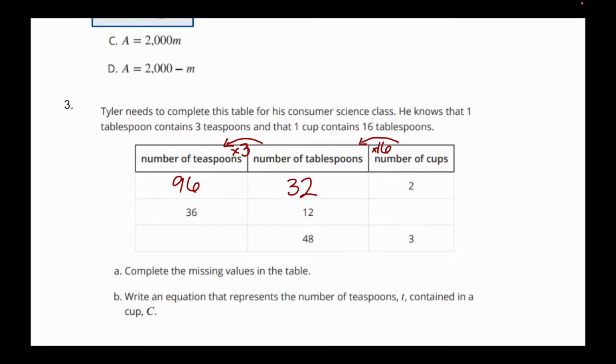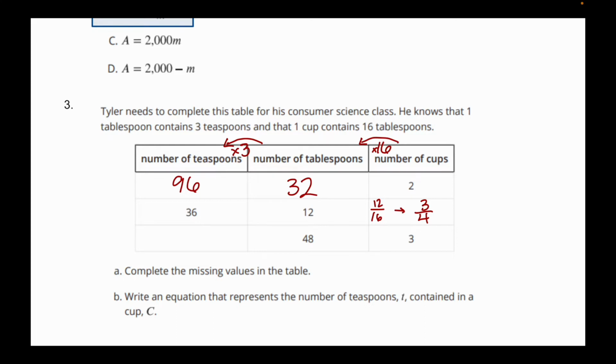Now for our next row, we have these ones, so we can check, is it dividing by 3 to get to our column to the right? It is. So we want to divide by 16 to get the number of cups. And so if you can't tell already, that's not going to be a whole number because 12 is smaller than 16. But if we reduce this, 12 over 16 is actually going to become 3 over 4. Or if you plugged it in your calculator, you might see that it gives you 0.75, but this is 3/4